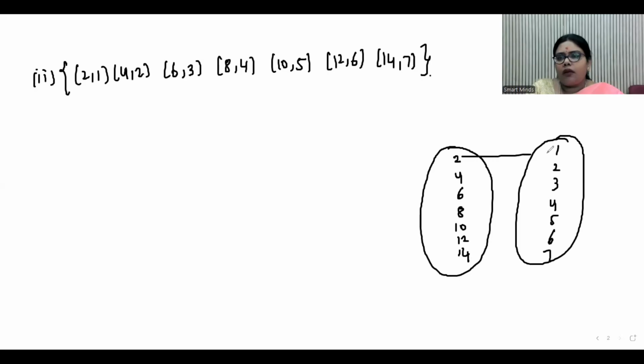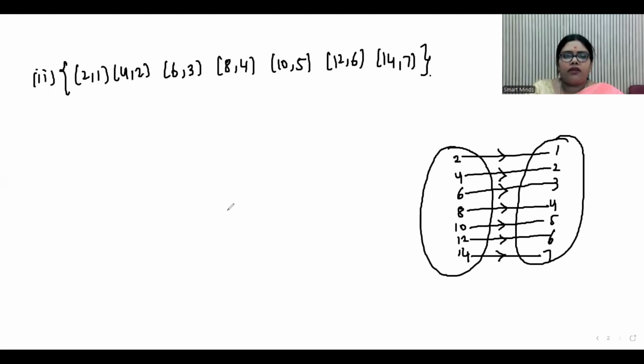So 2 is mapped to 1. 4 is mapped to 2. 6 is mapped to 3. 8 is mapped to 4. 10 is mapped to 5. 12 is mapped to 6. 14 is mapped to 7. So you can say that it is a function